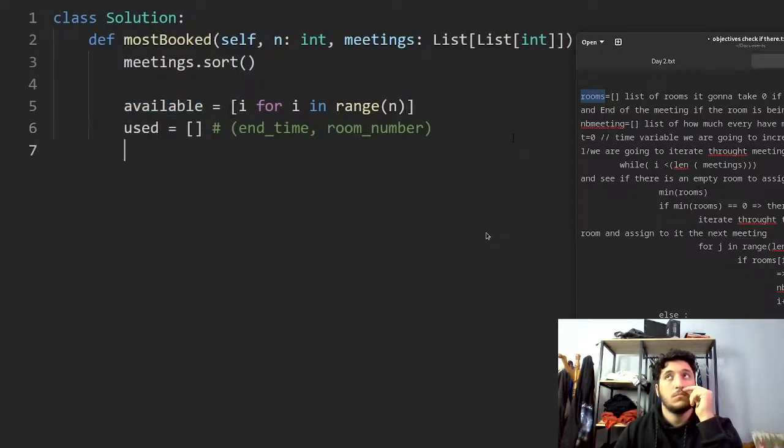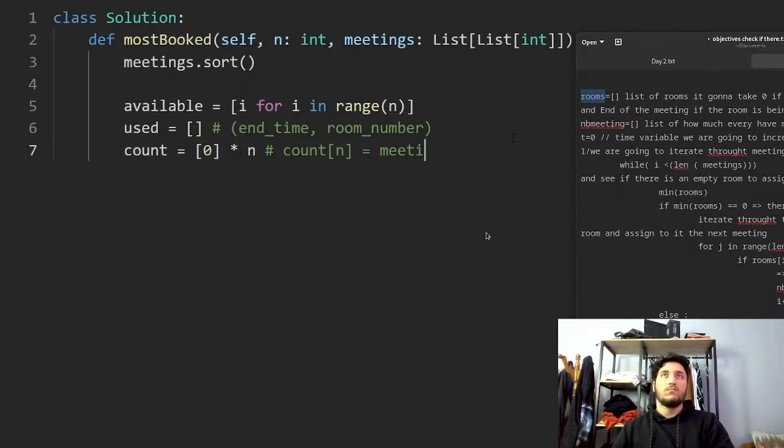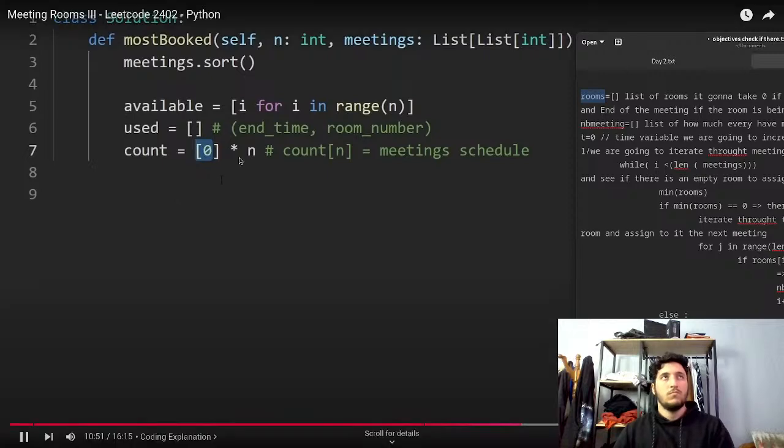Okay, now let's create the count array. I'm going to initialize it to 0, and it's going to be of size n. This is where we're going to count, for every room, the number of meetings scheduled. Initially, every meeting room, of course, has 0 meetings scheduled. And when we finally return, we want to return the meeting room that had the most number of meetings scheduled. Technically, there could be a tie. Maybe 2 meeting rooms had the same number of meetings scheduled, and in that case, we're supposed to return